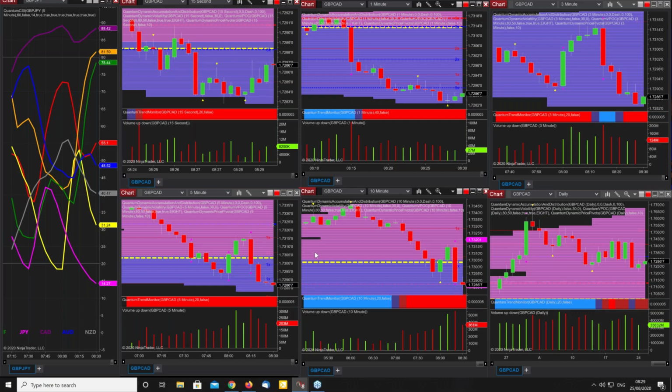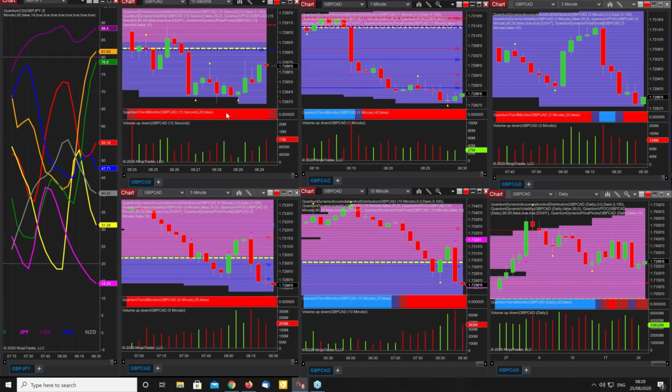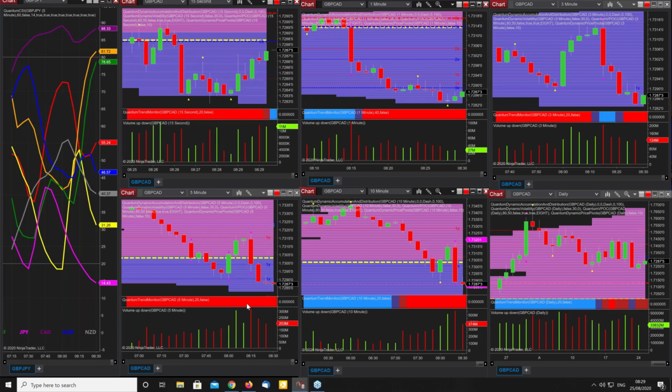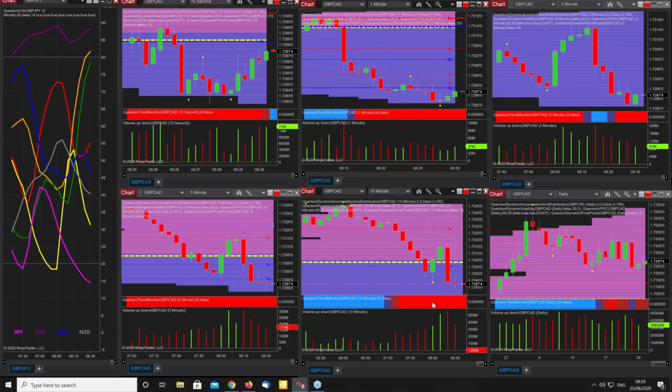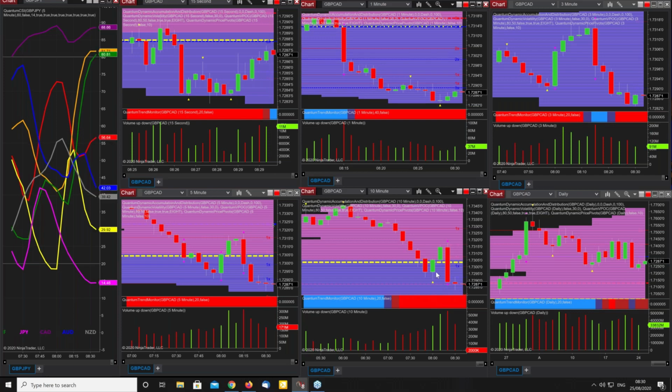So there we go. That's what we're seeing at the moment. You can see the trend monitor. This is on 15 seconds, so pretty quick. It's already transitioned into bearish, bearish on 1, bearish on 3. We haven't really transitioned at all, we haven't moved at all on 5. We saw this little kick up on the open, but no change on the trend monitor, no change on the trend monitor on 10. So it's purely been a reaction on the open, and now we're starting to see